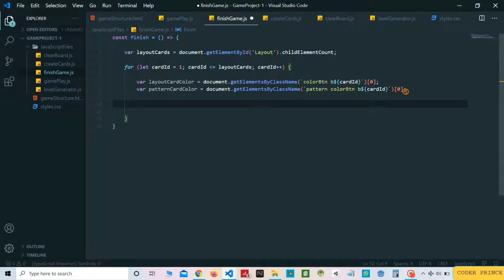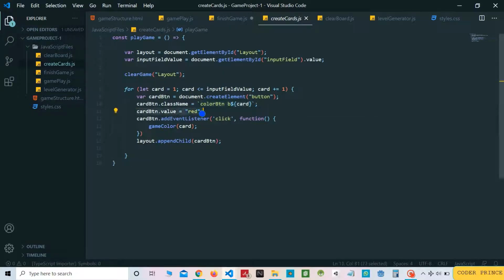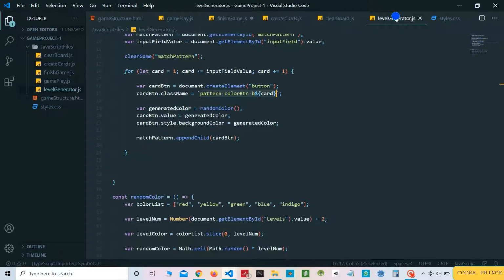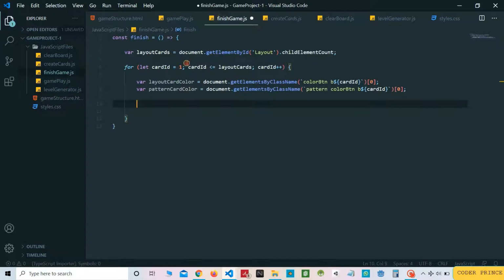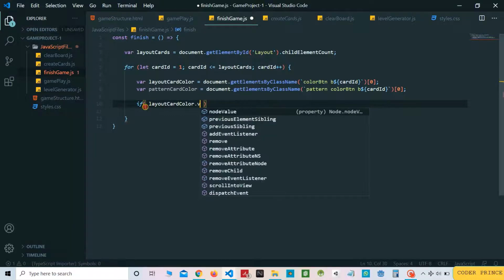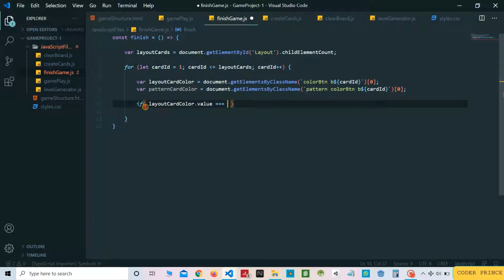We need to check whether the card value is same as the pattern card value, because when we create the cards, we have set the value to be red initially, and when we change the color, we are actually changing the value. So it's the generated card which will be random color. So we need not check the color itself, we will check the card value. So if layout card color dot value is equal to pattern color dot value,